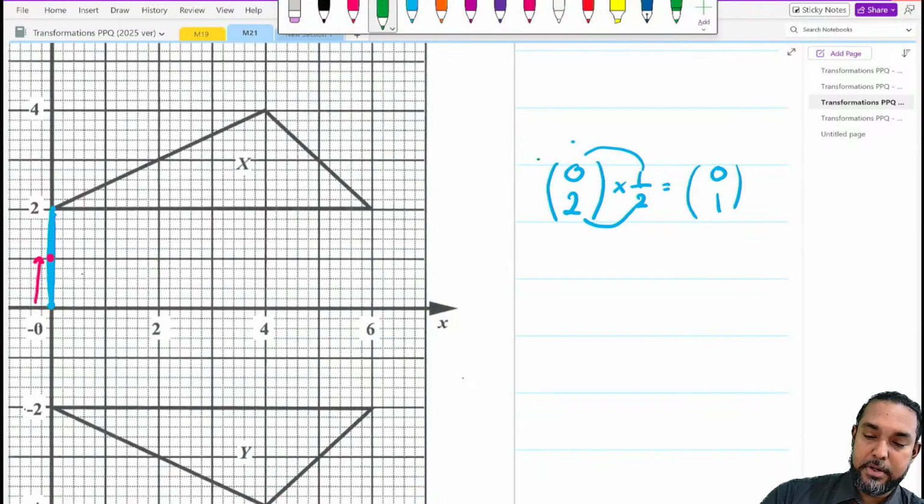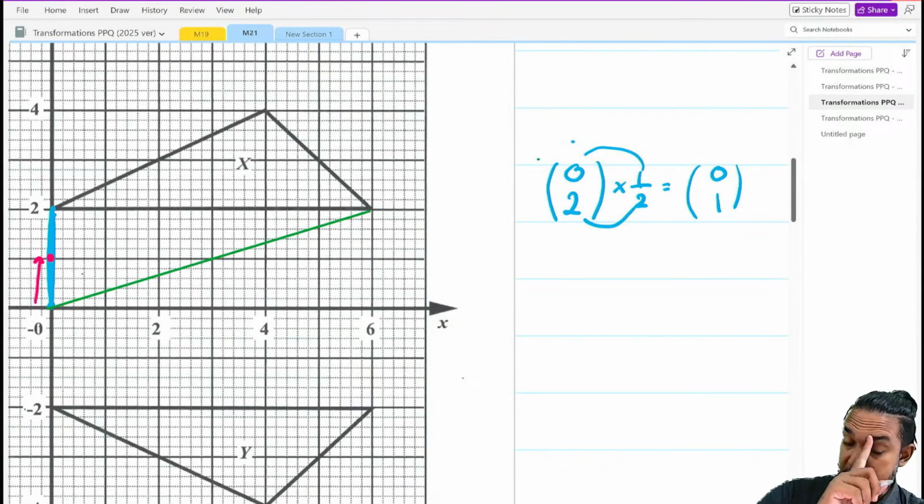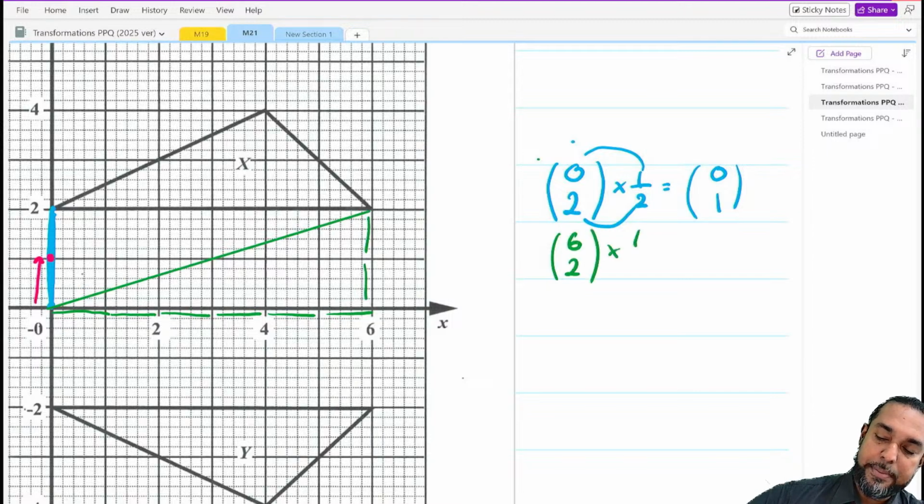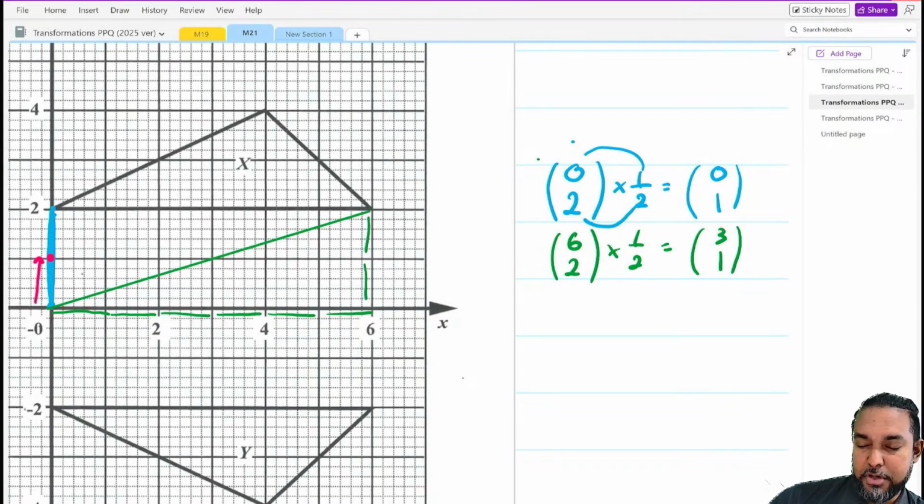Let's go to the side across here. We have to go half that distance, so let's analyze the distance. How many horizontal spaces did I move? 1, 2, 3, 4, 5, 6. How many verticals? 1, 2. So here I went 6 horizontally and then 2 vertically. Agreed? So when I multiply by a half, what am I going to get? 6 by a half will give me 3. 2 by a half will give me 1. So now, to find the position of the corresponding vertex in the reduced shape, I'm going 3 spaces and then 1 space up.